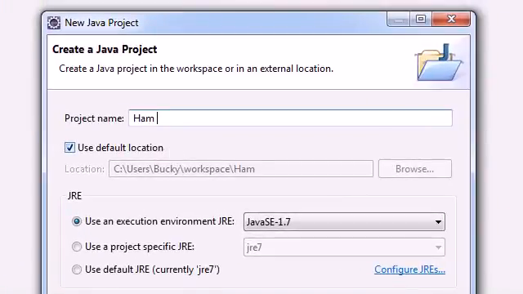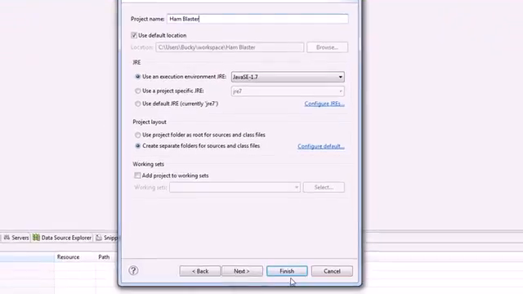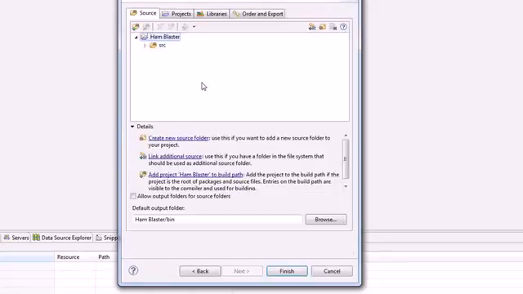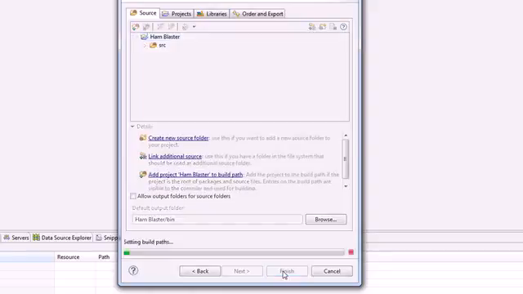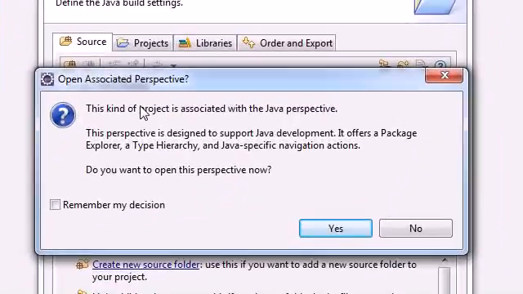How about Ham Blaster? If you guys can't tell already, I'm pretty much going to wing it programming this. So Ham Blaster, we'll say we'll make a game about a bunch of hams going around and blasting things. Sounds pretty cool. Now go ahead and click next, and okay, everything looks good to go. You could have clicked finish back there if you want to, but go ahead and click finish, and it says